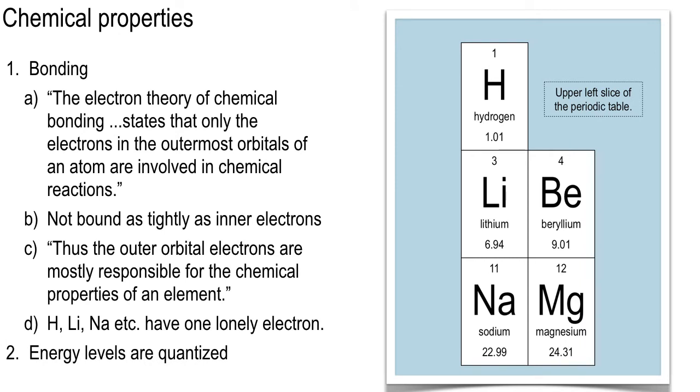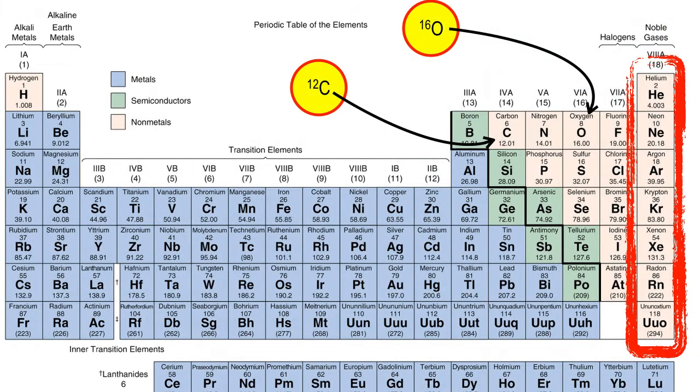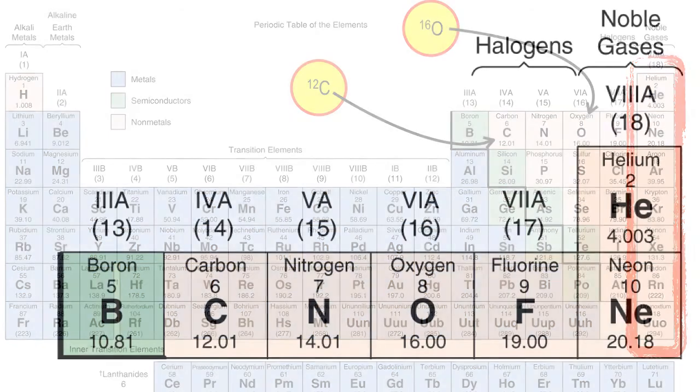Now, I want to take a look at the bonding structure or the bonding procedure for carbon dioxide. All right, so here we go. Let's take a look at the periodic table again. All right, eyeballs up. Take a look at what we got. Now, over here on the far right, there's your noble gas column. Now, oxygen is over there 2 slots to the left of that. Carbon is 4 slots to the left. And that means that carbon would like to get 4, and if it had 4, it would have an outer energy shell like neon.